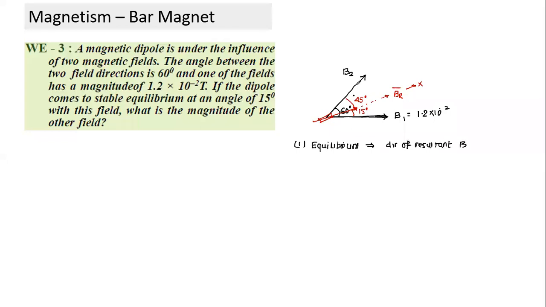So if I take the vector sum of the two, how do I form an equation between B1 and B2? If this is the resultant, it means the perpendicular components are cancelling out. So I can say the perpendicular components are equal and opposite. Based on this I can form the equation. So what are the perpendicular components now? This angle is 30, this angle is 15. So B2 sine 45 has to be equal to B1 sine 15. That's the equation.